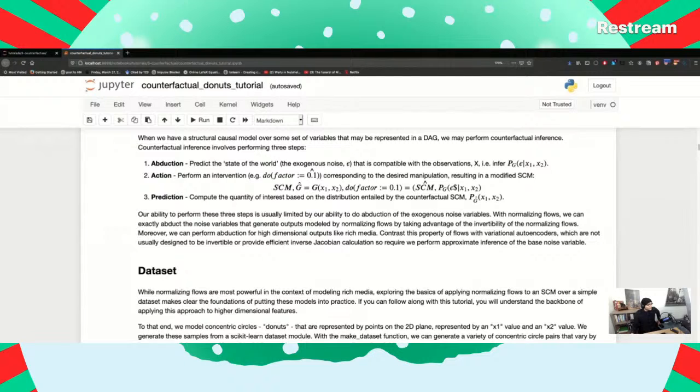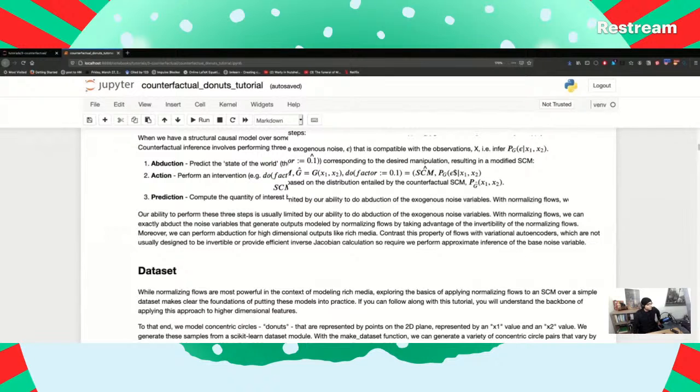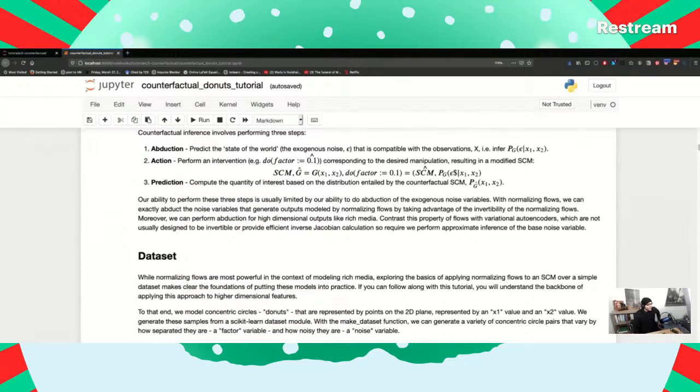Then we're going to do an intervention. This would be nice if, instead of using the word factor here, they used x1 or x2, but that's fine. Corresponding to the desired manipulation in a modified model. So what is this notation? G hat equals G. So I guess G is the model with some kind of intervention.